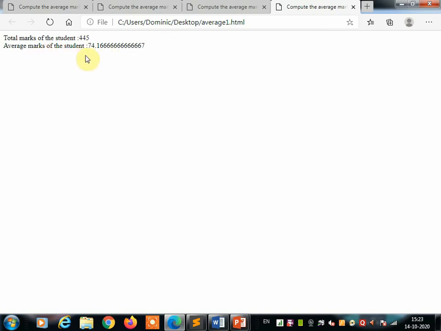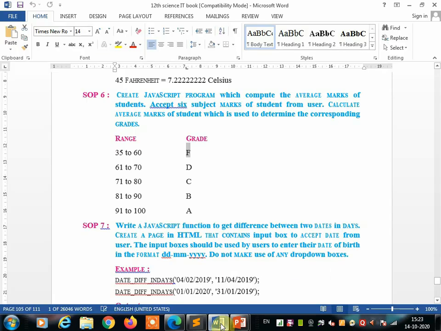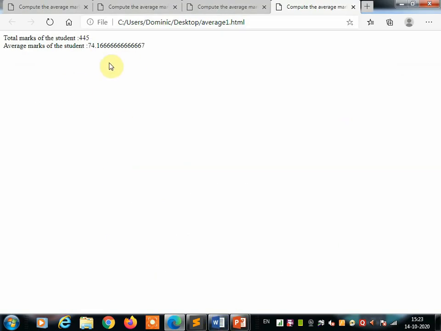So the average came to 74, but the grade is not displayed because the condition given is 61 to 70 D grade, but the average went above 71. That's why it does not display any grade, because we have not given the third condition. So if you make changes and your average remains below 70, then the D grade will be displayed.